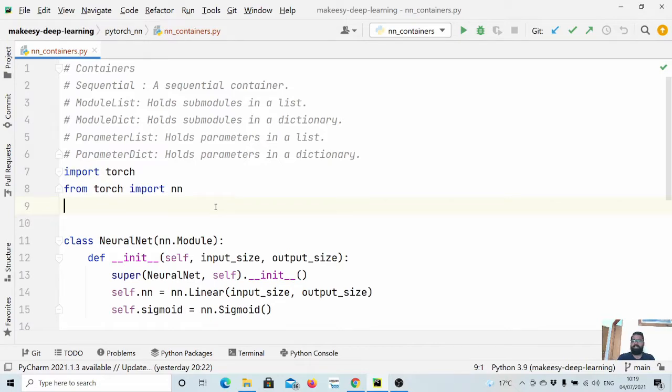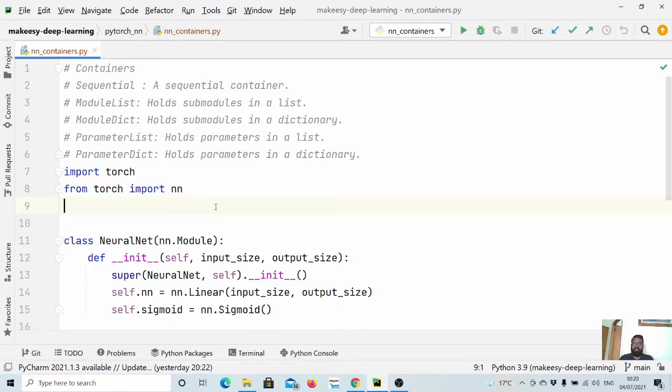In previous videos, we learned how we can create a single layer neural network. In this video, we will see how we can create a deeper network and what the issues are when we don't use containers. PyTorch containers provide us a very efficient and simple way of creating deep neural networks. Also, we have containers that make it easier to handle random layers, to update our training and so on. So in this video, we will mainly look at sequential layers, which are very useful containers for